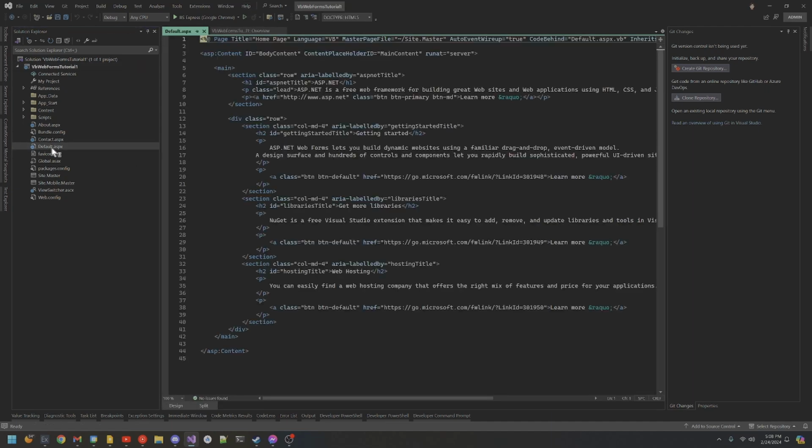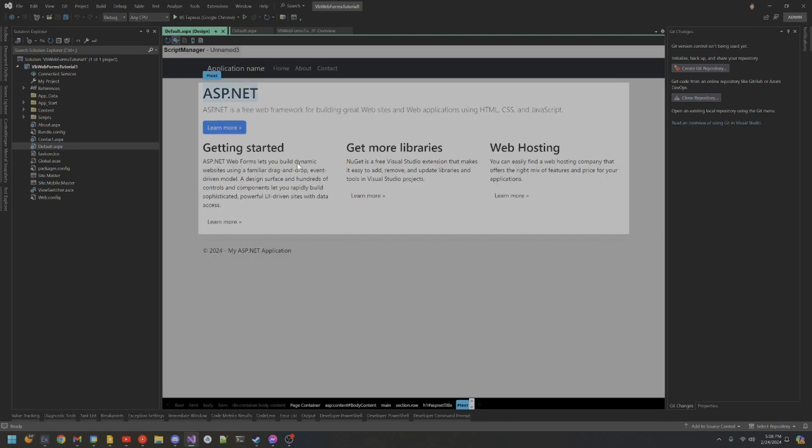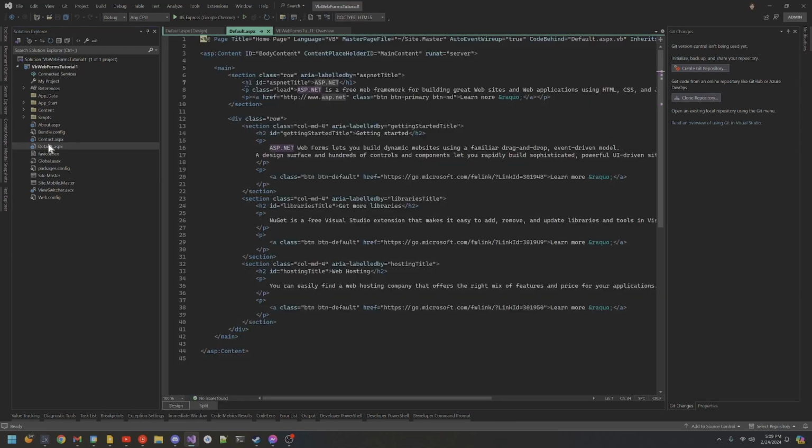So this default project has a default page. Now one handy thing about web forms is you get this little designer, which is supposed to give you a preview of your page, and it looks pretty nice. So what we can do then, let's add a new page. Go back to our source code for default.aspx,